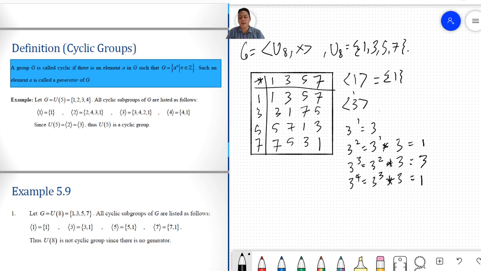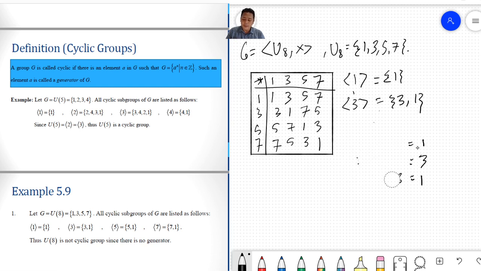Therefore, 3 can only generate 3 and 1. You can carry on this for 5 and 7 as well, but unfortunately 5 can only generate 5 and 1, and 7 can only generate 7 and 1,